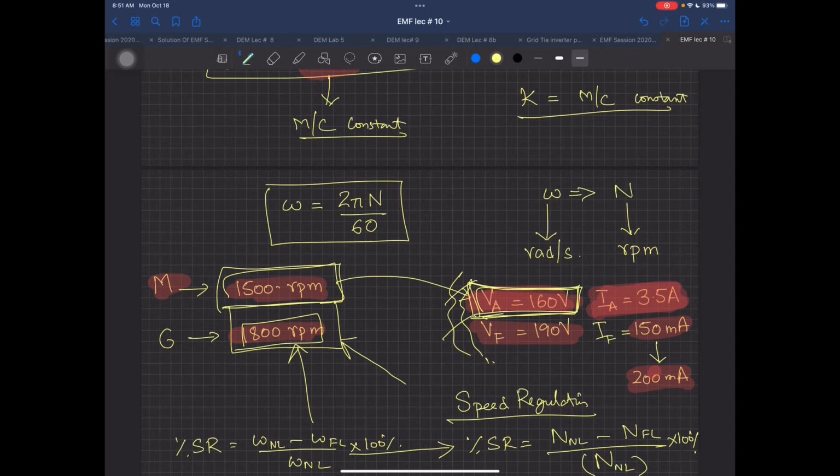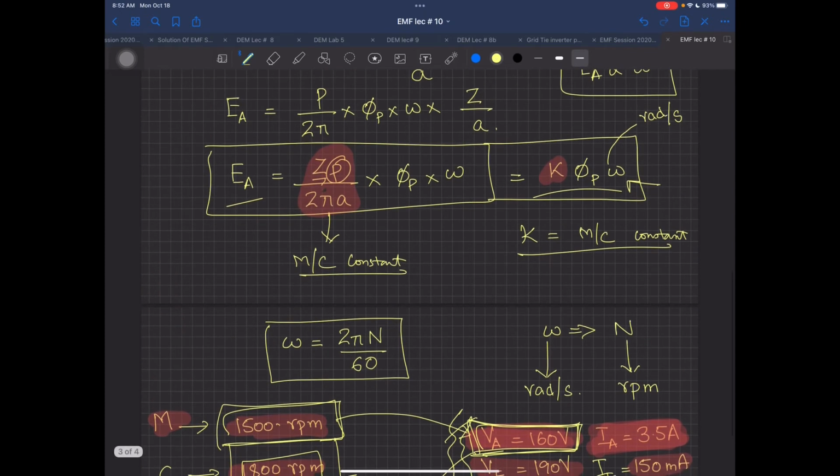Otherwise, you can ask any of the teachers senior to me; they used to stand 5 to 6 feet away from the lab equipment, and the lab staff did the experiment and told you, okay, at 120 milliampere this is the value of E, at 130 milliampere this is the value. When I became a teacher 15 or 16 years back, I initiated that students should work on it. That's why the field current and other values are now at disaster time, because students are working on it and damaging it. But still, it's the best lab. So please utilize this lab so that you can understand what is happening inside. Okay? I hope this is clear.